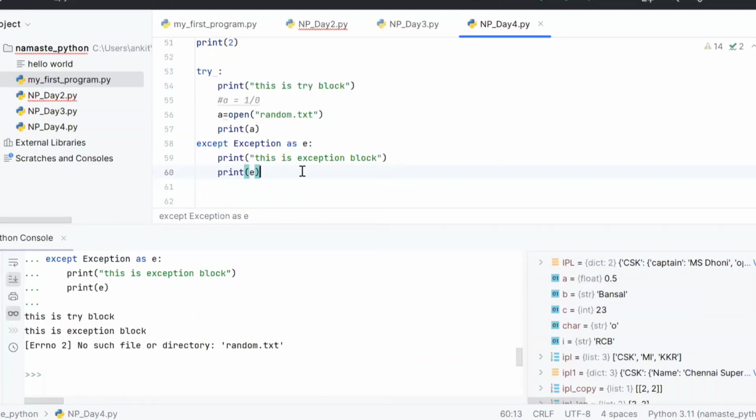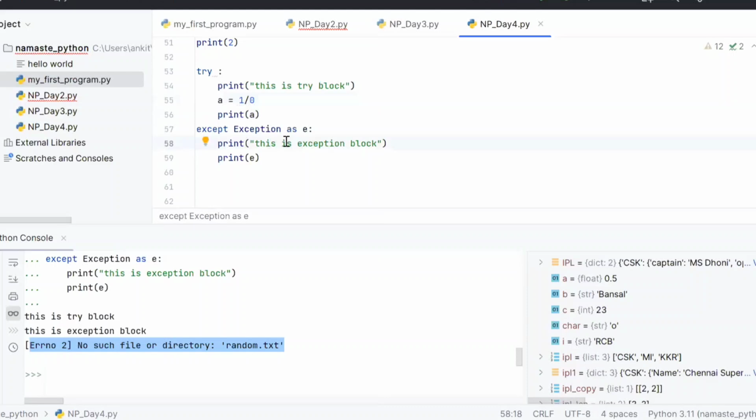So basically, this will be based on whatever the error is. Accordingly, it will be printed using this e variable, so it will be clear what the exact error is and you can take action. And your program has also not failed. We have smoothly handled it. Okay, so let's go back to 1 divided by 0 for now.